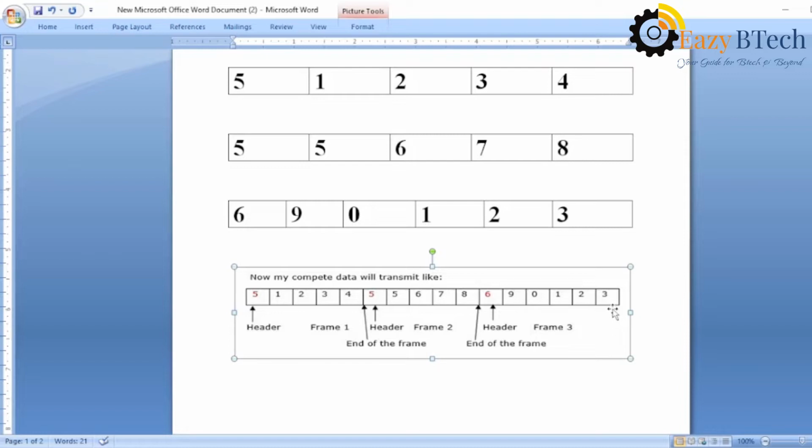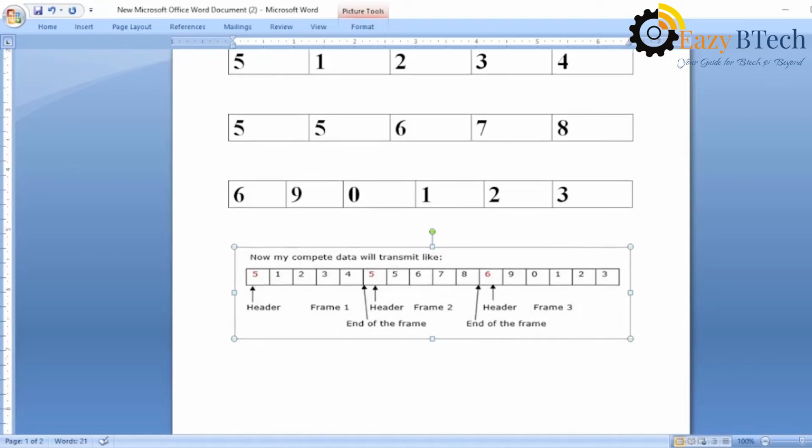Here we have another doubt. Whenever an error occurs while transmitting the data from source to destination, how does it count? Can we easily identify whether an error entered into the data or not by using character count? See, I also have another picture here.